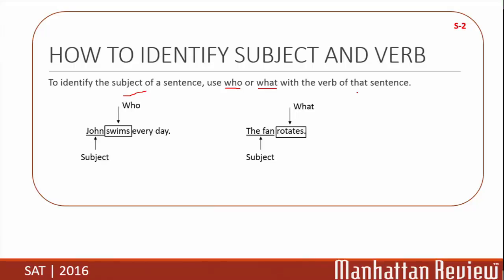Shall we take an example? John swims every day. So what is the subject? To identify that, we need